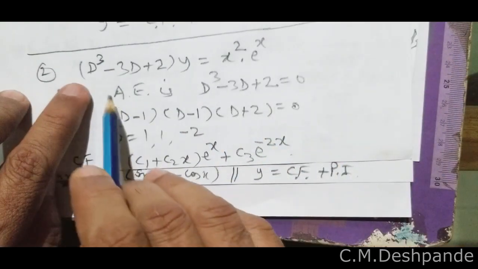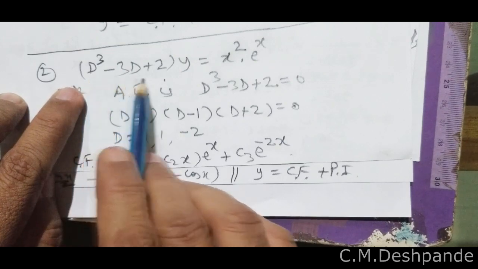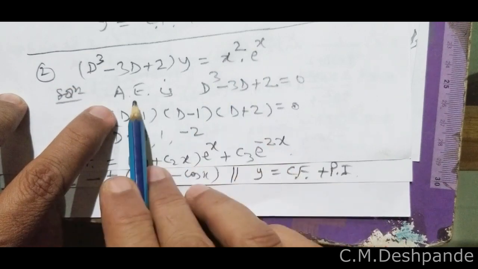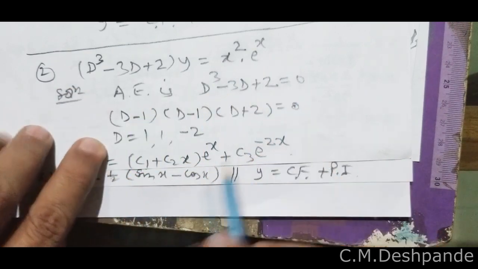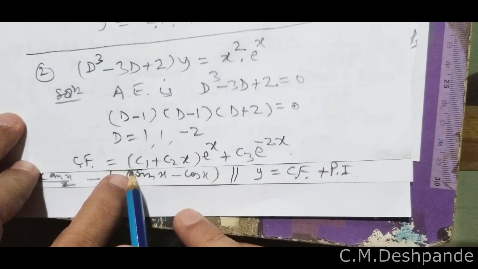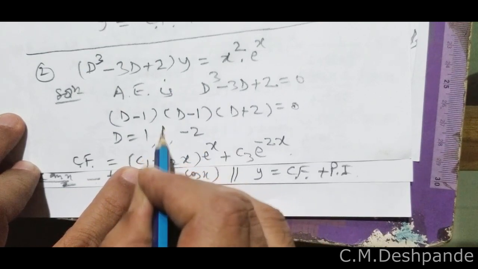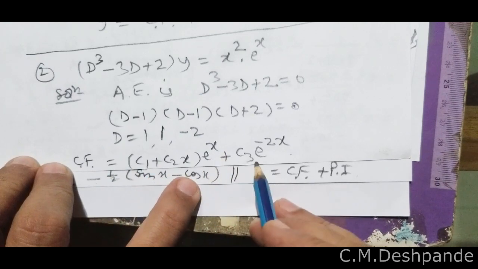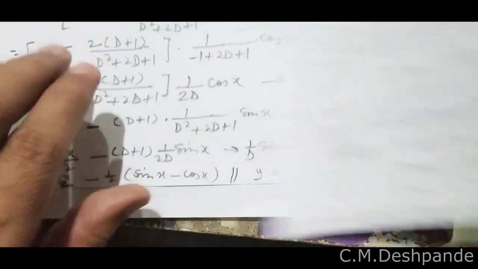Now let us solve this example. D cube minus 3d plus 2 operating on y equal to x square into e raised to x. Auxiliary equation is d cube minus 3d plus 2 equal to 0, gives values of d: 1, 1 and minus 2. So CF is given by (C1 plus C2x) e raised to x plus C3 e raised to minus 2x, and PI is given by